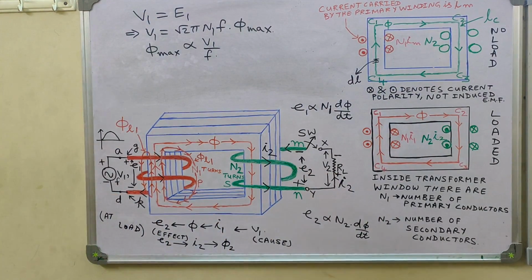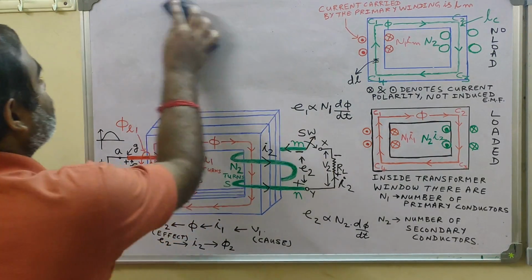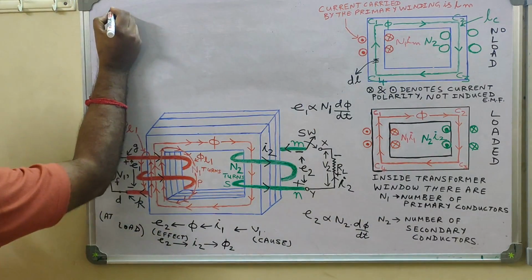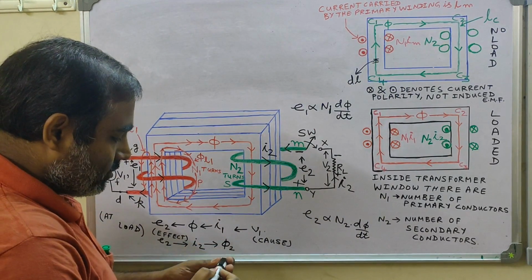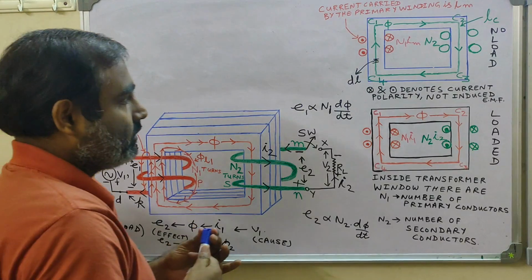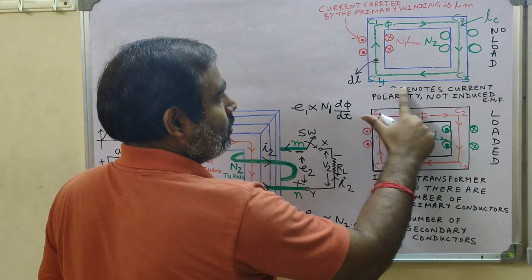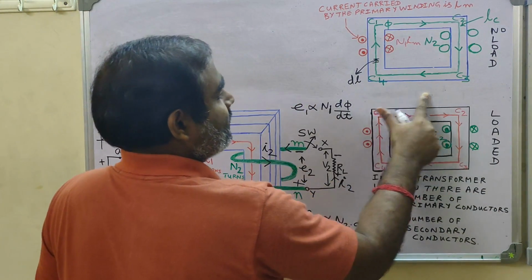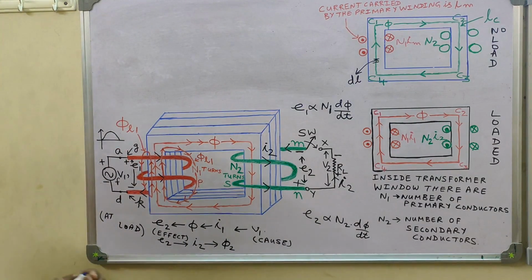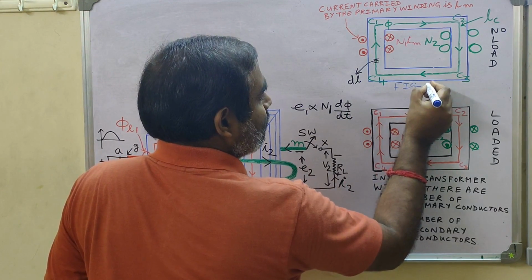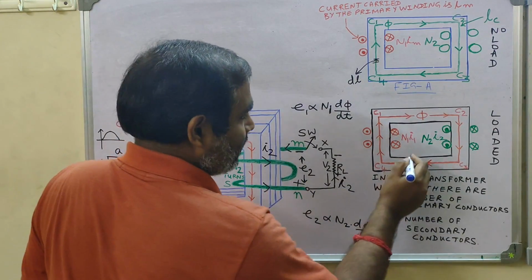So if that is the case, then what can we write? Let us see here. First of all, what is the current enclosed by the closed path? Let me name this diagram so that we are not making any mistake. Let me erase this cross and dot. This is not needed right now because we have already made ourselves clear regarding that. The dot and cross is not the induced EMF polarity, it is rather the current polarity. So let us call this figure capital A, and this is our figure capital B.